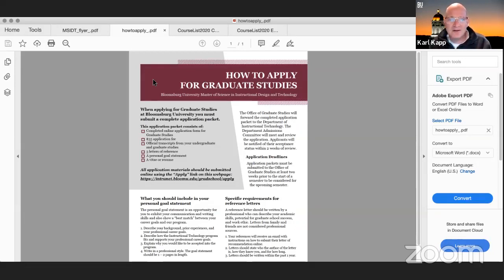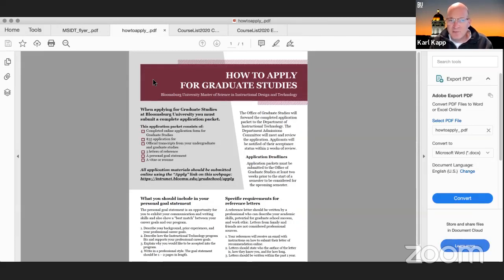Any company, from a small makeup company to a large global conglomerate, needs to have learning, right? You're hiring people, they have to learn what to do. You have a new product, you have to learn what to do. So instructional designer is a position, learning experience designer, instructional technologist.